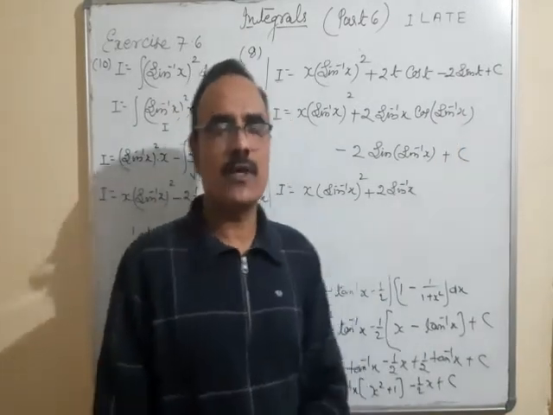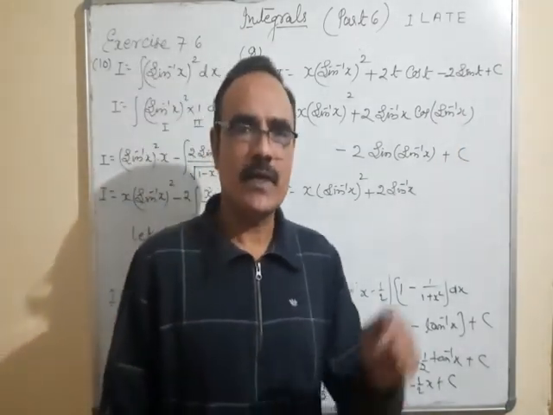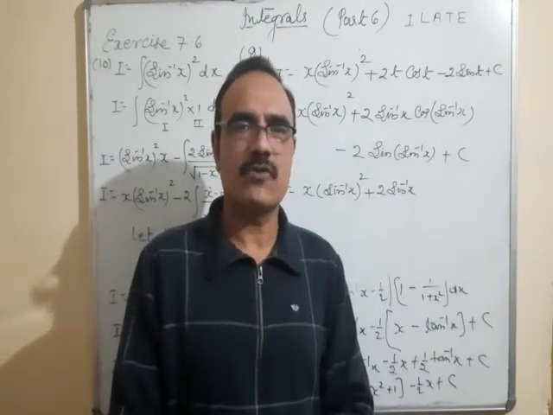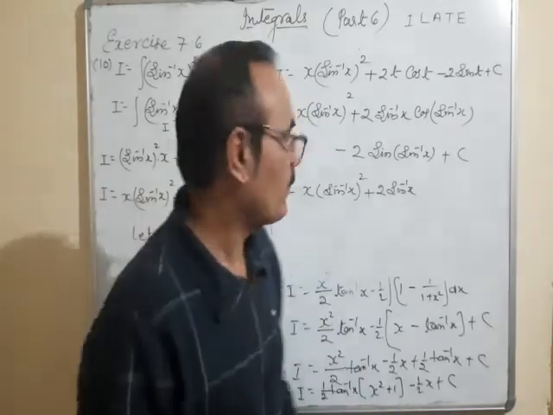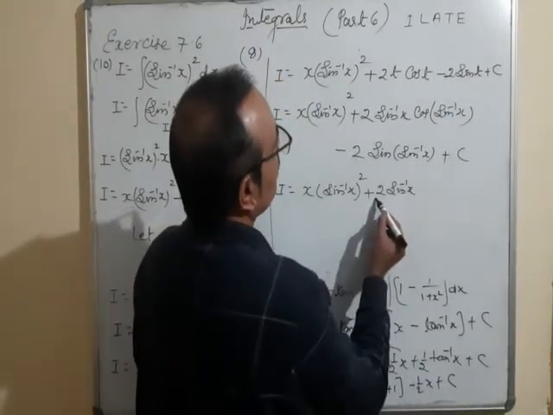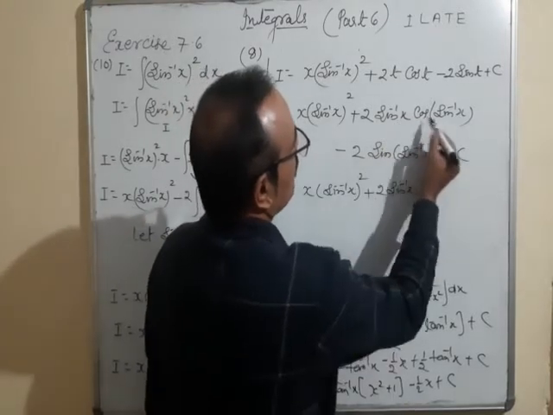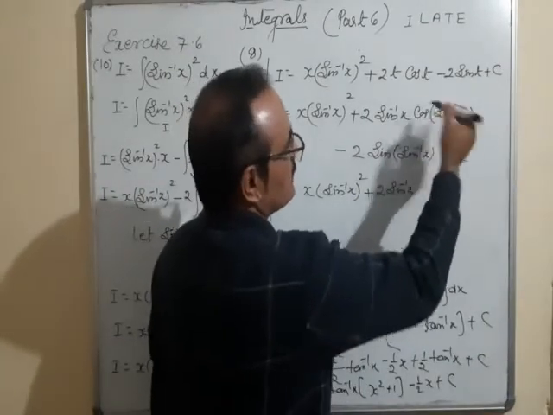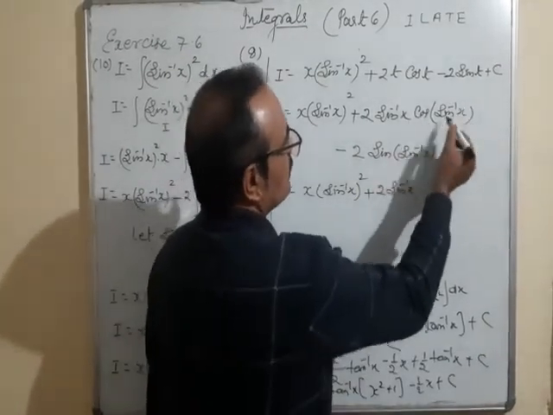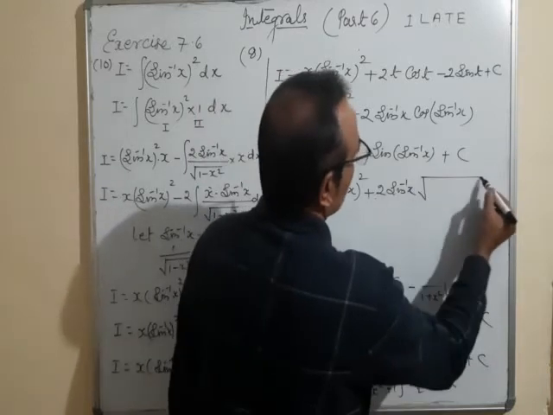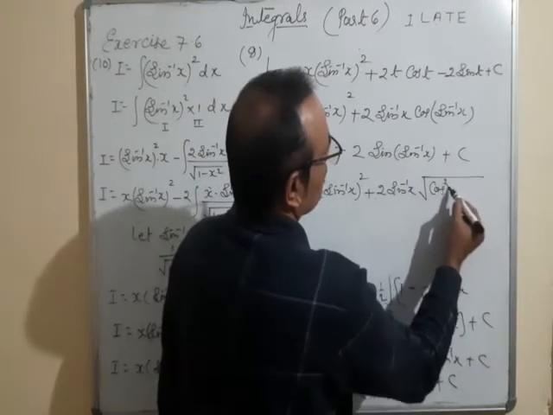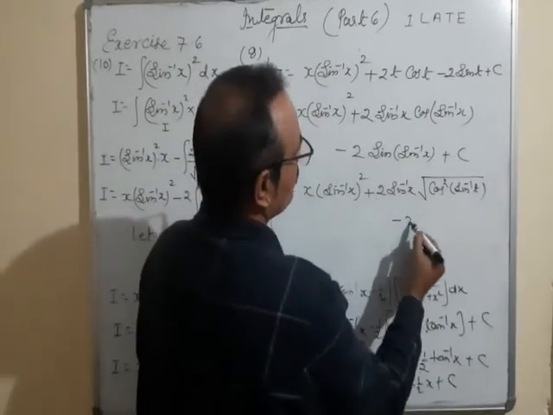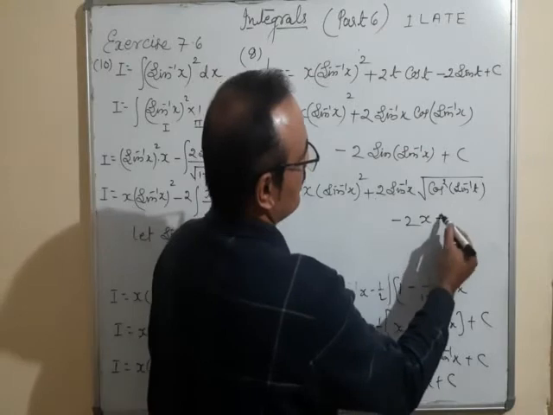Cos theta, if we want to convert into the form of sin theta, we can write here under root 1 minus sin square theta. Under root 1 minus sin square theta means under root cos square theta, that is cos theta. So may I write this term 2 sin x cos, you treat this as a theta, because it is an angle. So cos theta under root, I can write here cos square sin inverse t, minus 2 sin inverse cancel, it is x plus c.